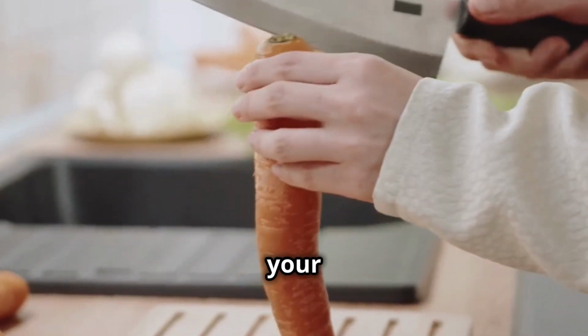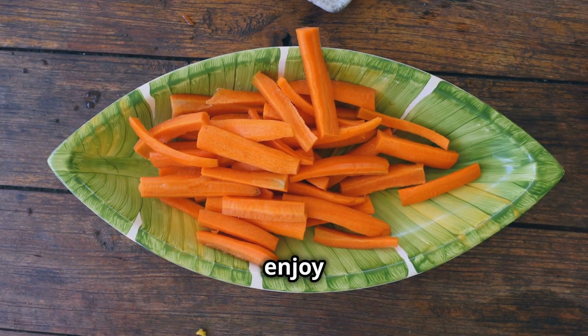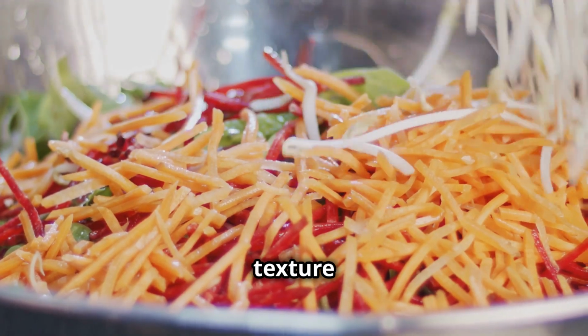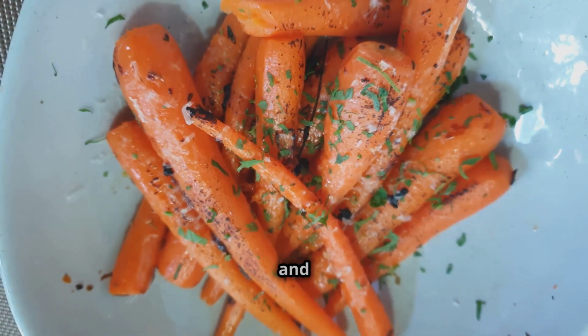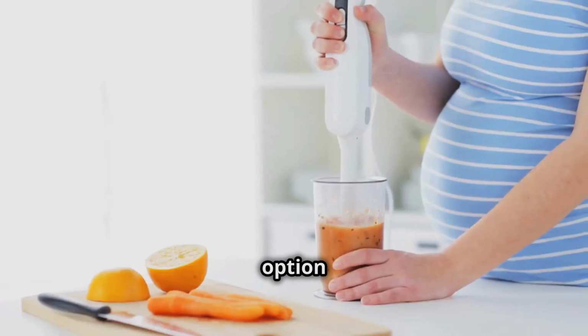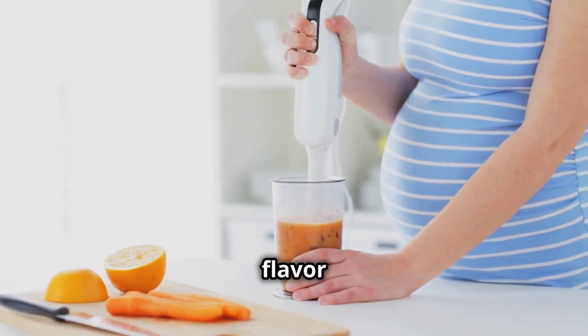Incorporating carrots into your meals is both easy and delicious. One simple way is to enjoy them raw as a crunchy snack or add them to salads for extra texture and sweetness. You can also roast carrots with a drizzle of olive oil and your favorite herbs for a flavorful side dish. Another option is to blend them into smoothies where their natural sweetness can enhance the flavor while providing